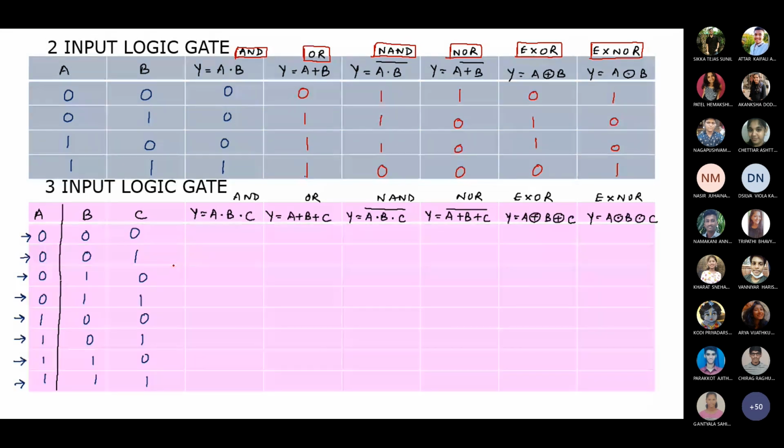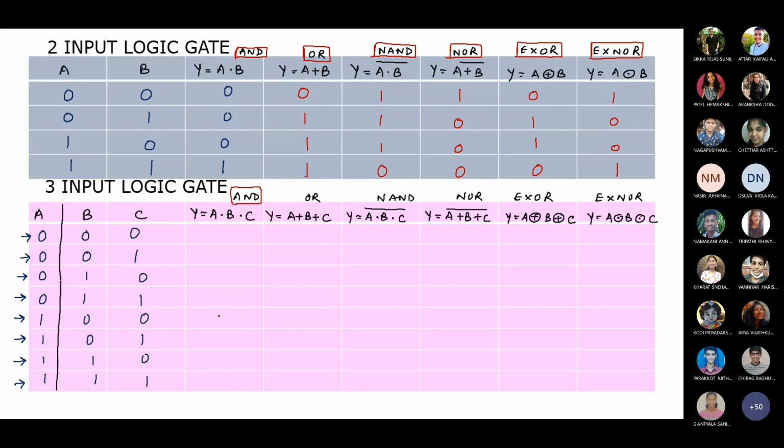So let's write down the 3 input combinations. तो 3 inputs से तो कितने combinations आएंगे inputs के? 2 raised to 3 means 8 combinations. So all the values of binary from 0 0 0 to 1 1 1. Now you all very well know how we write these combinations. Yes or no? You remember that binary table, no? Yes, sir. Okay.